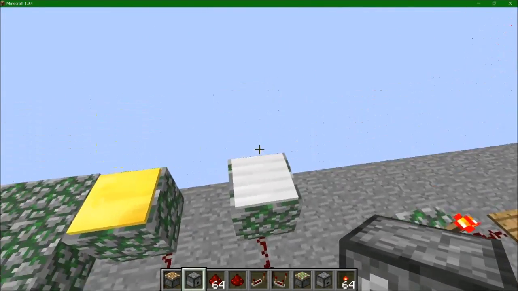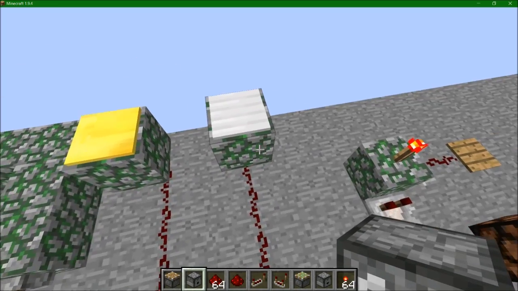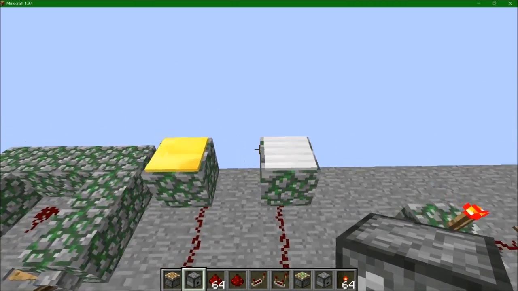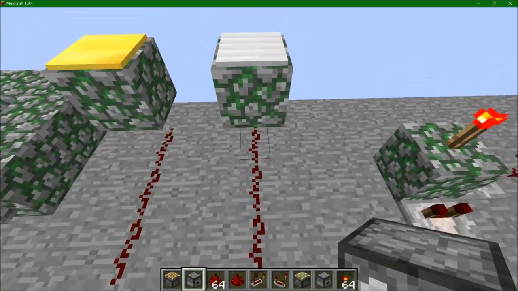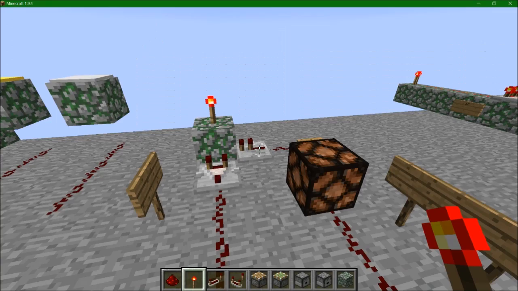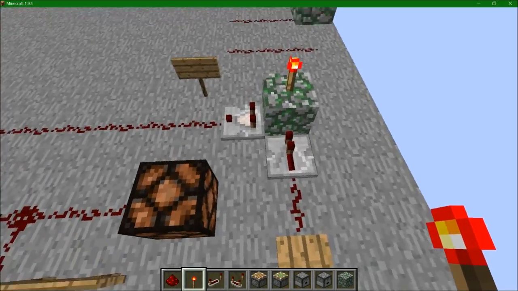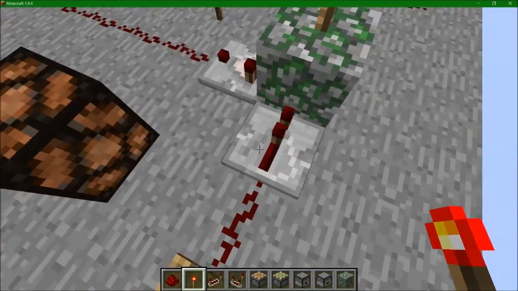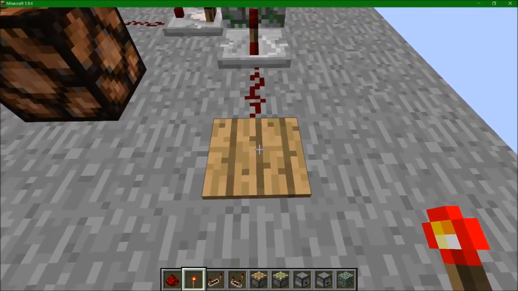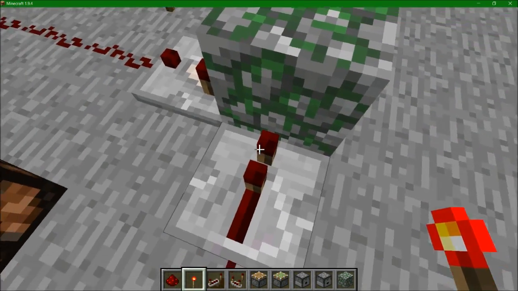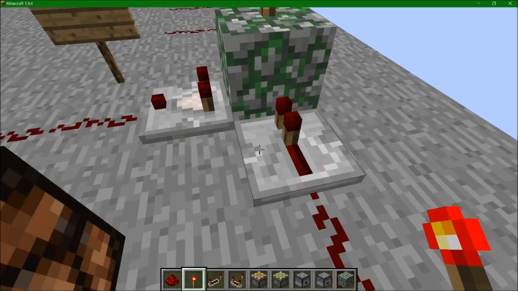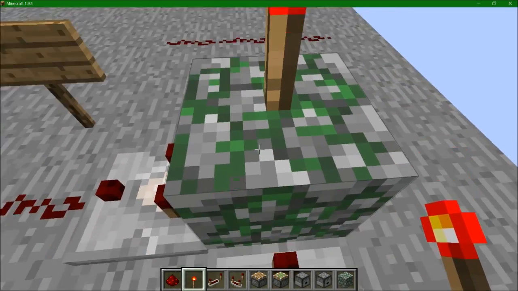So the difference with the heavy weighted pressure plate is that it takes multiple entities in order to go up a level in activation. And now onto the redstone torch and the comparator as well as the repeater. This pressure plate will activate this redstone, which will be taken by this repeater, and one thing that a repeater can do is send it up a block